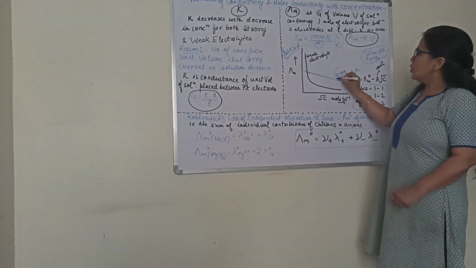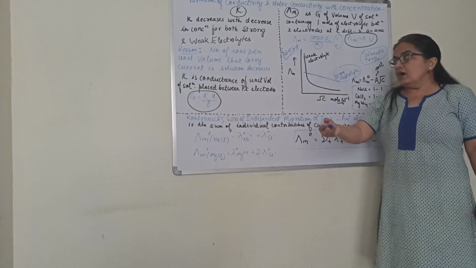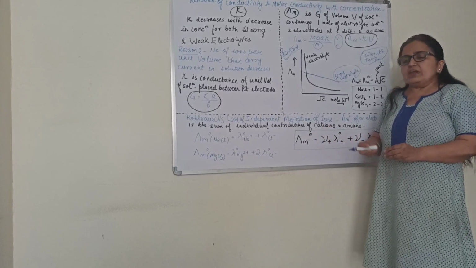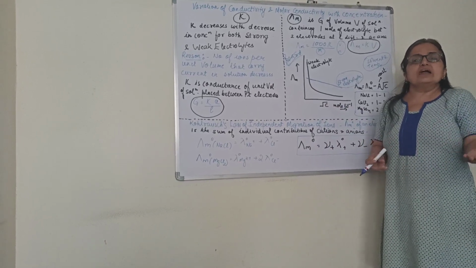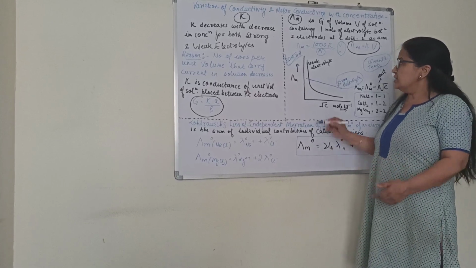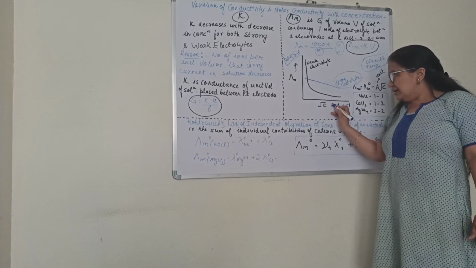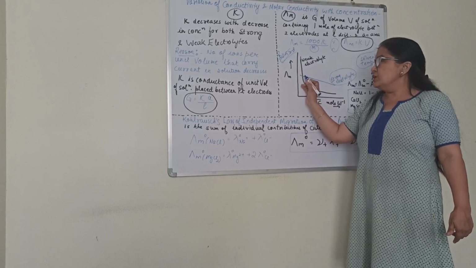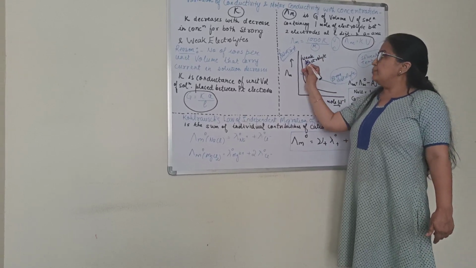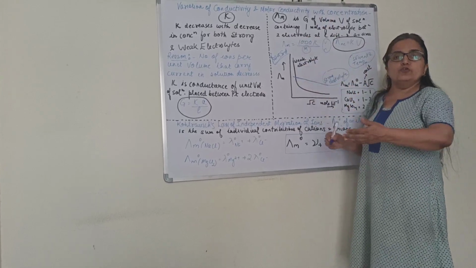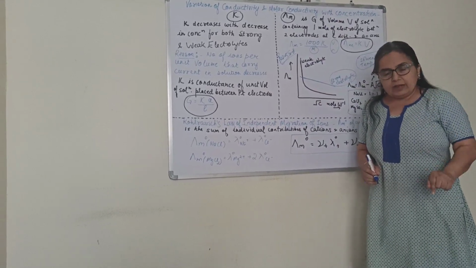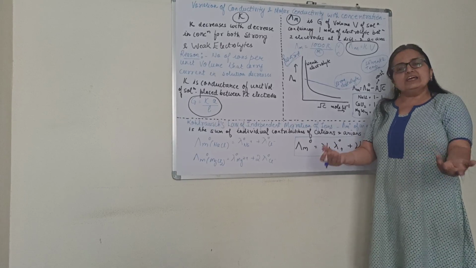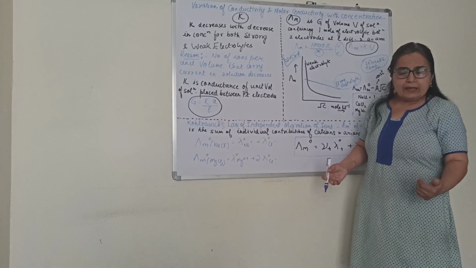Reason for that, the strong electrolytes are those which are always ionized at all concentrations. That means let it be a very strong or a dilute solution, they are always ionized to greater extent. Whereas for weak electrolyte, with decrease in concentration, you will observe lambda m is increasing and the increase is very abrupt. Here it is an abrupt increase in the lambda m value for the weak electrolyte, because for weak electrolytes with the dilution the ionization increases, so of course conductivity will increase.